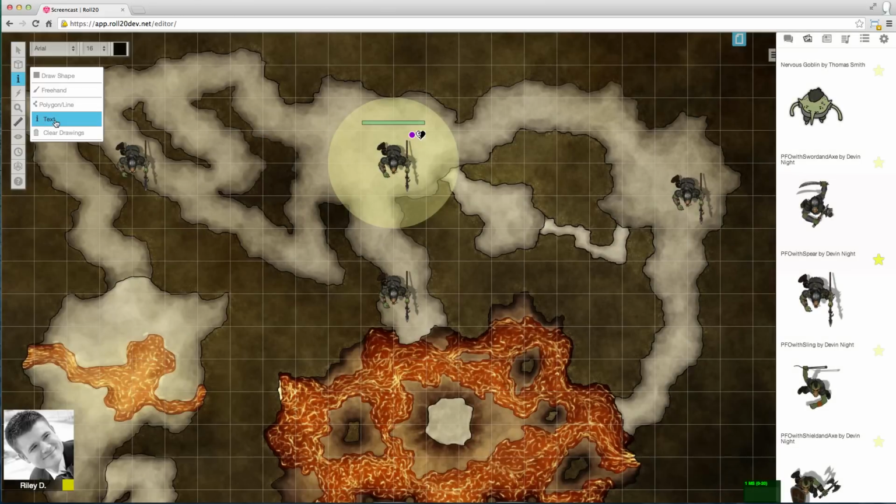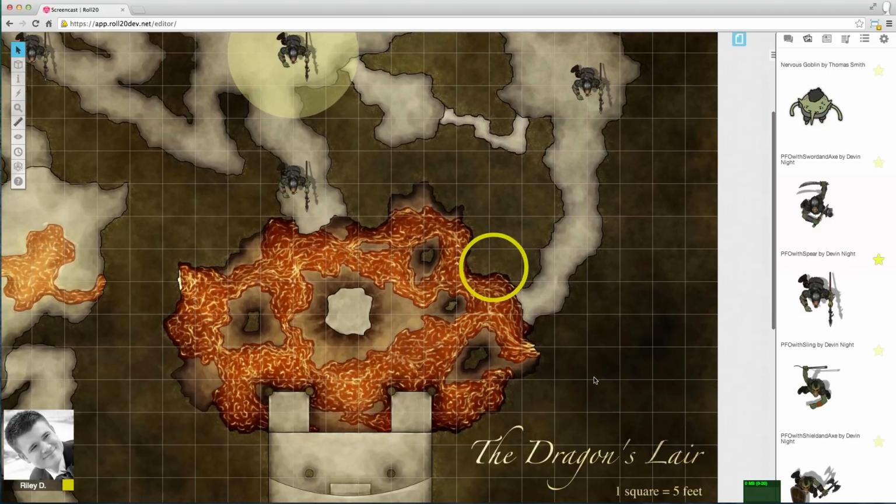There's also a text tool if you need to type a quick note on the map. If you need to get your players' attention, you can click and hold the mouse button on the map to generate a quick ping that everyone can see. And if you hold down the Shift button while you ping, your players will all scroll their windows automatically to